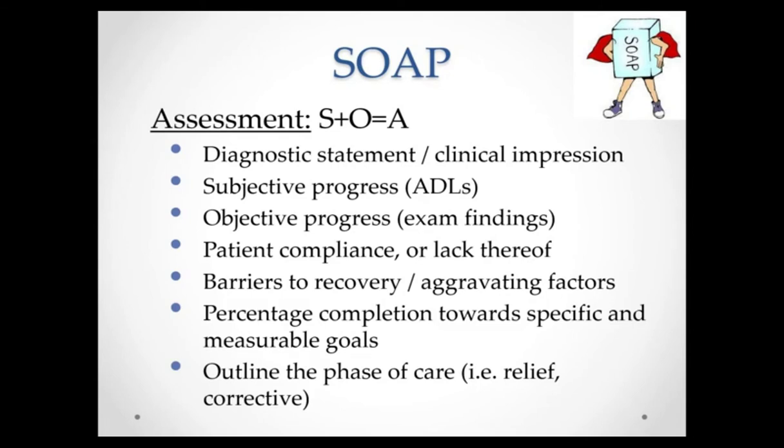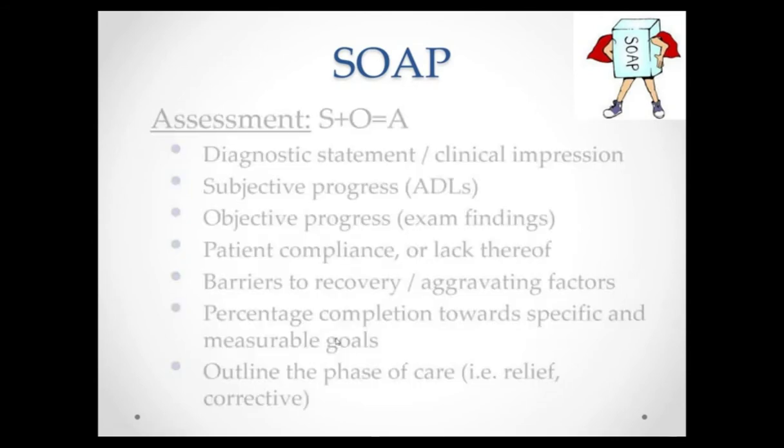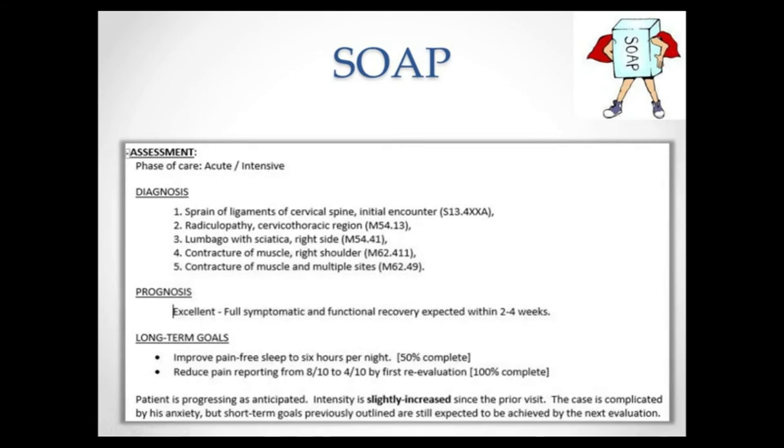And now we're checking to make sure that we're on the right track and everything's good. So we're going to continue on into the next phase of care. That's powerful in conveying benchmarks to third-party reviewers and helping them see progress. So here's an example of an assessment from one of my records, a fake record, but a record nonetheless from